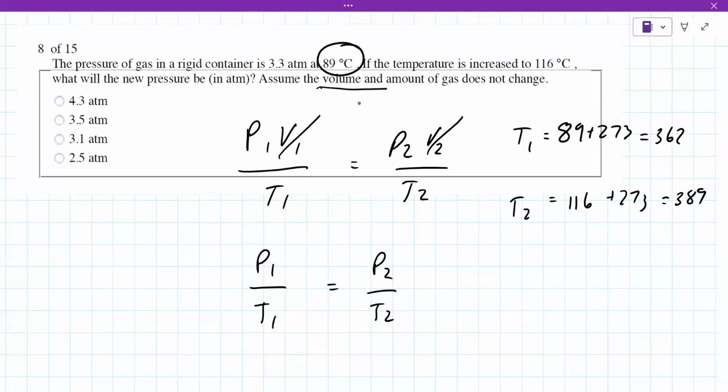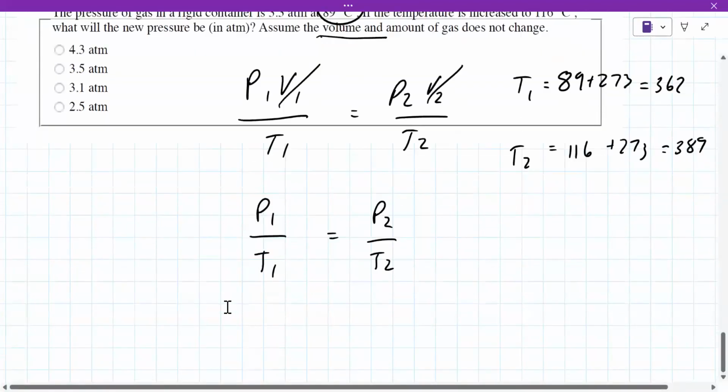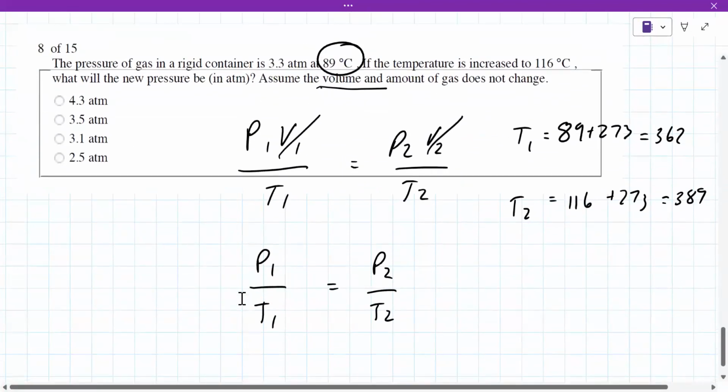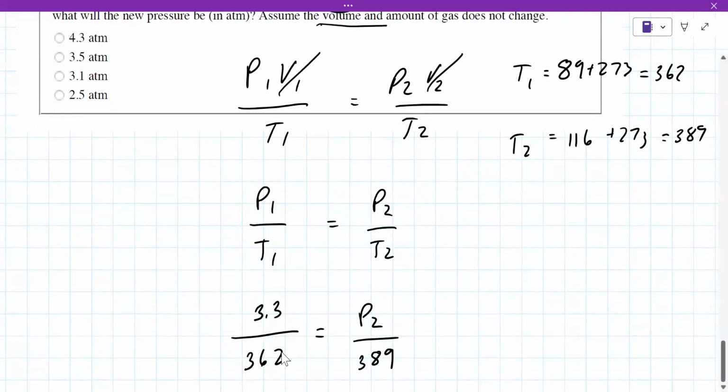Okay, so now put the numbers in the equation. So P1 is 3.3, T1 362. We're trying to find P2 over 389. So 0.009 equals,